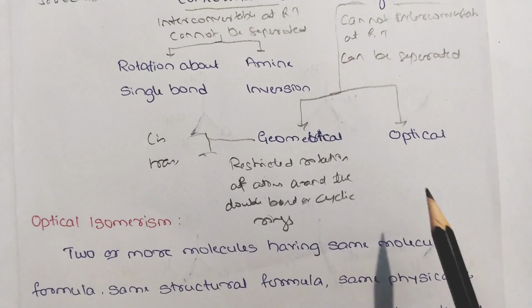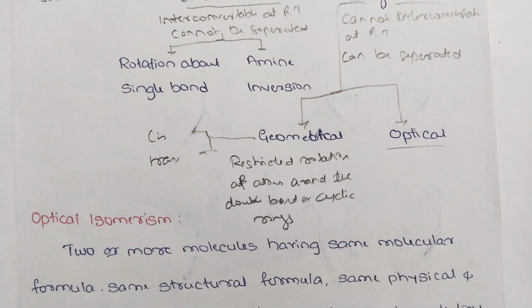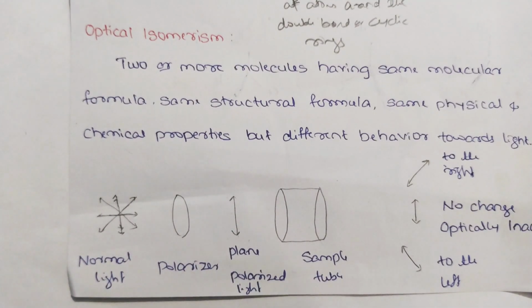And the next one is optical isomers. In this video we shall discuss optical isomers. So first we shall understand what optical isomerism is. The optical isomers are different from the other isomers because here two or more molecules have the same molecular formula and the same structure, and the physical and chemical properties are also the same, but their behavior towards a plane